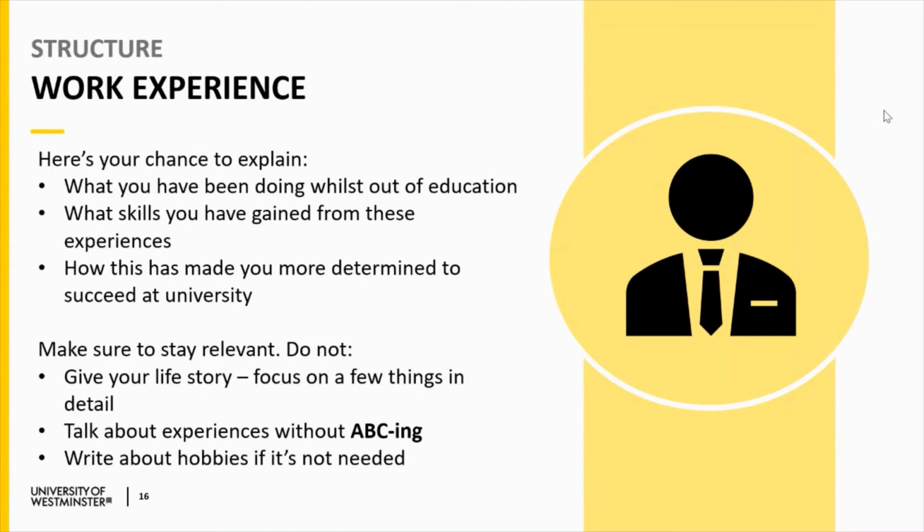You can also talk about extracurricular activities, but I suggest only talking about them if they're relevant, and don't feel like you have to put it in just because your college gives you a personal statement help sheet that has that on. I read a lot of statements that are really good, and at the end they'll say, I like reading, cooking and hanging out with my family. Now that doesn't show how you're suitable for the course. So for most people, you'd probably be better off utilising that word count to talk in more detail about your work experience. And throughout, you want to make sure you're talking about these experiences using the ABC method, making sure you're reflecting on what those experiences gave you.